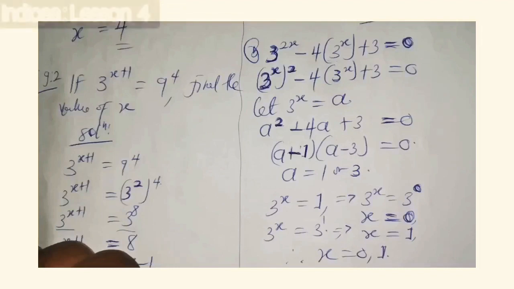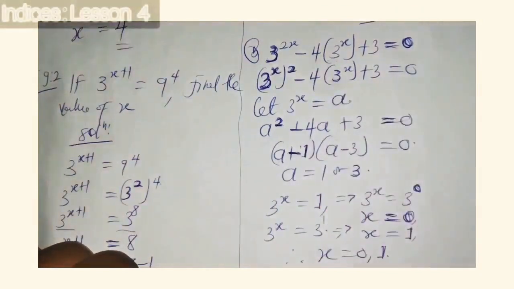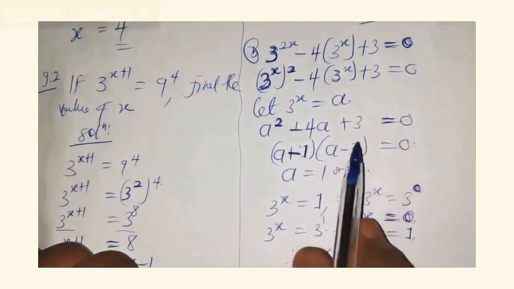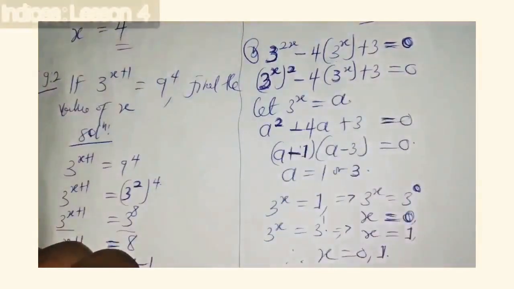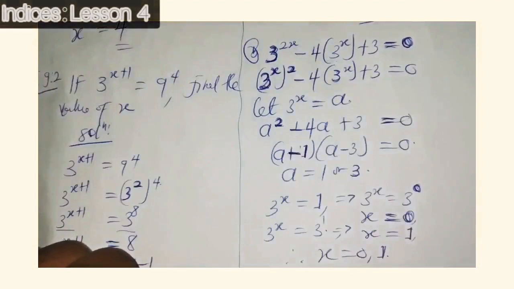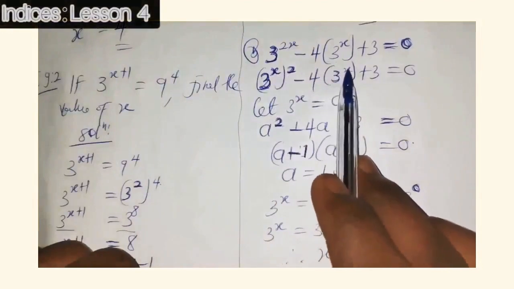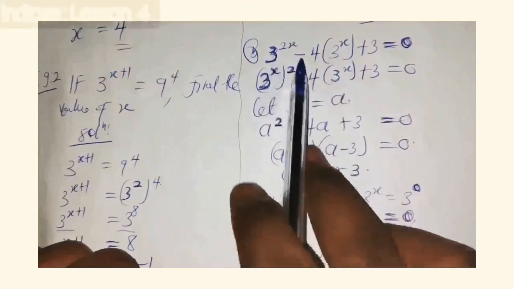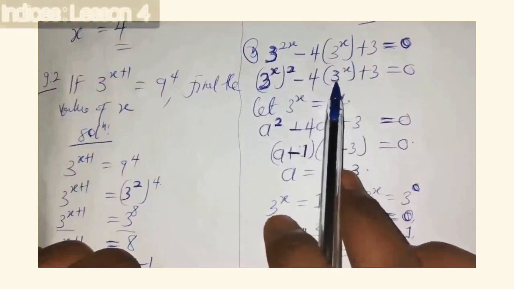A standard base where you can make sure that all the terms get the same standard, so that you can replace any letter with that variable, that quantity. Then you can solve for one so that you can do substitution at the other, as we have done here. Here you just make the 3 raised to the power s the standing point, so that we can use it to measure or change others to have the same reflection or image as that of this 3 raised